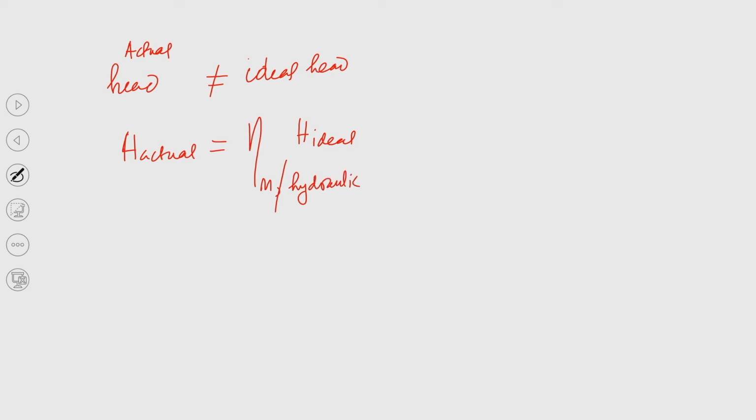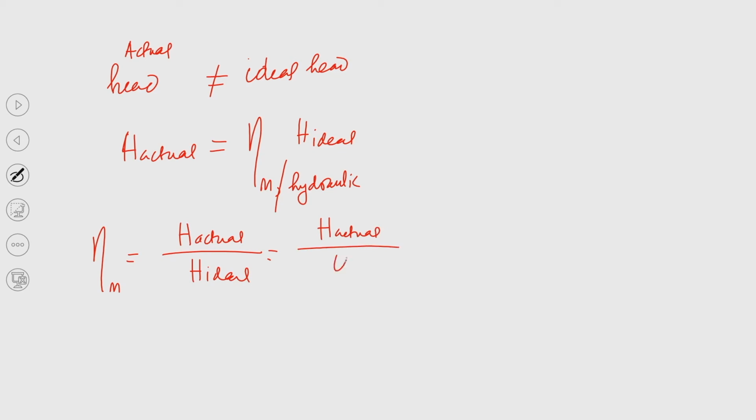In some books, the same efficiency as the manometric efficiency is termed as the hydraulic efficiency. So, basically you can understand this eta manometric is nothing but H actual divided by H ideal,